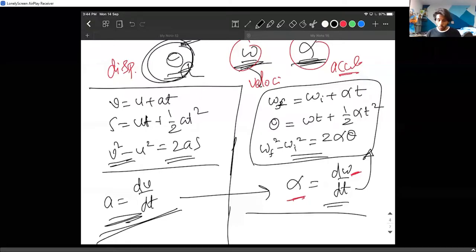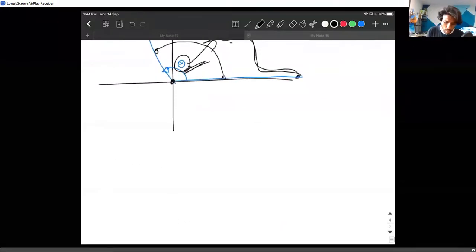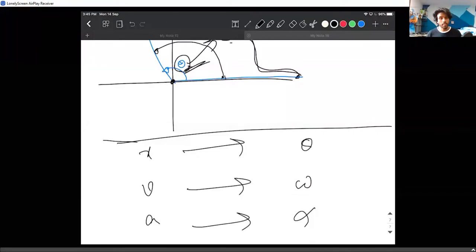So we introduce ourselves to a very important idea now. We clearly talked about the linear kinematics. We know what a linear velocity, linear displacement, and linear acceleration are. We know basically these things: x, v, a, theta, omega, alpha. But the relation between the linear displacement and the angular displacement, linear velocity and angular velocity, linear acceleration and angular acceleration, these things are really important.